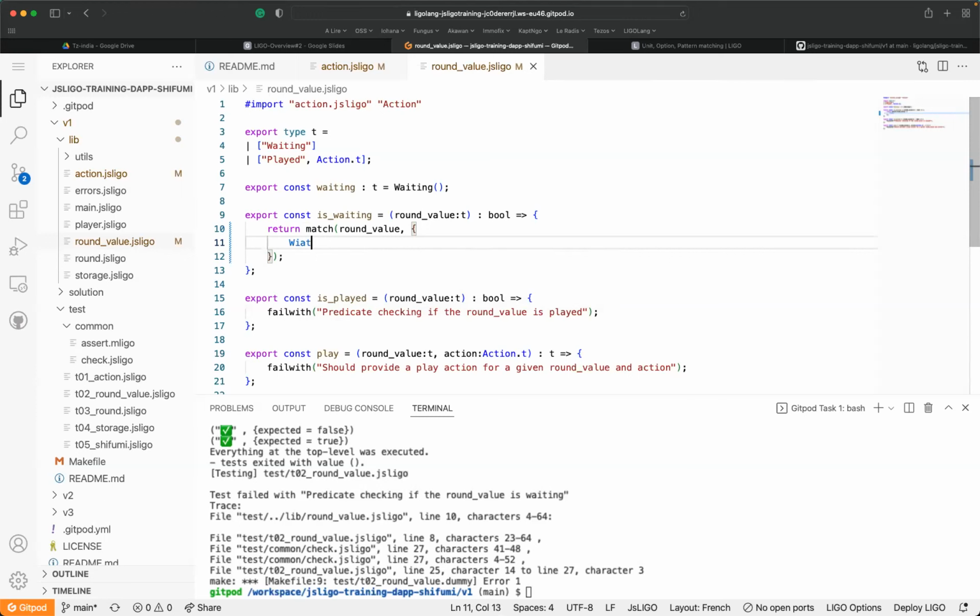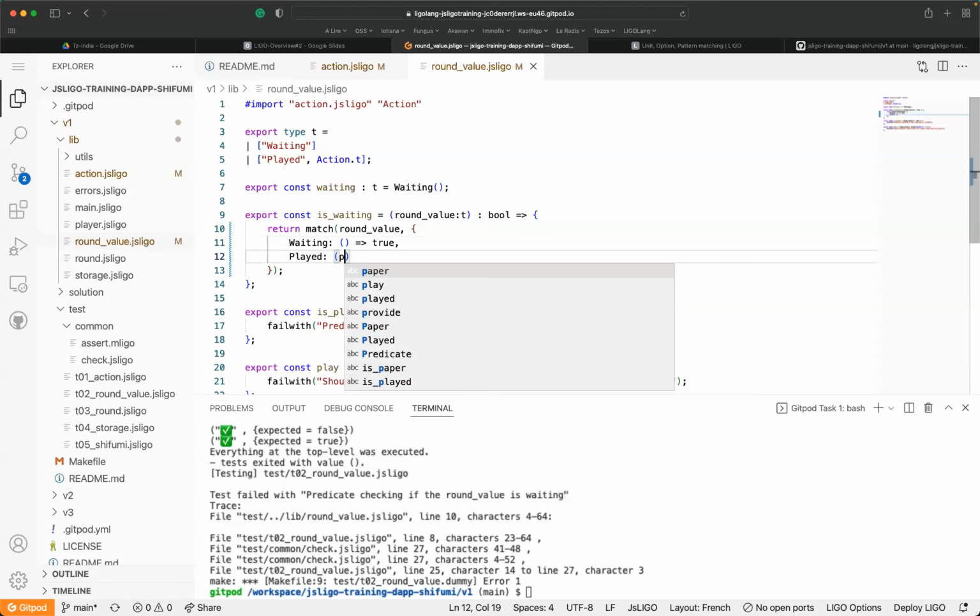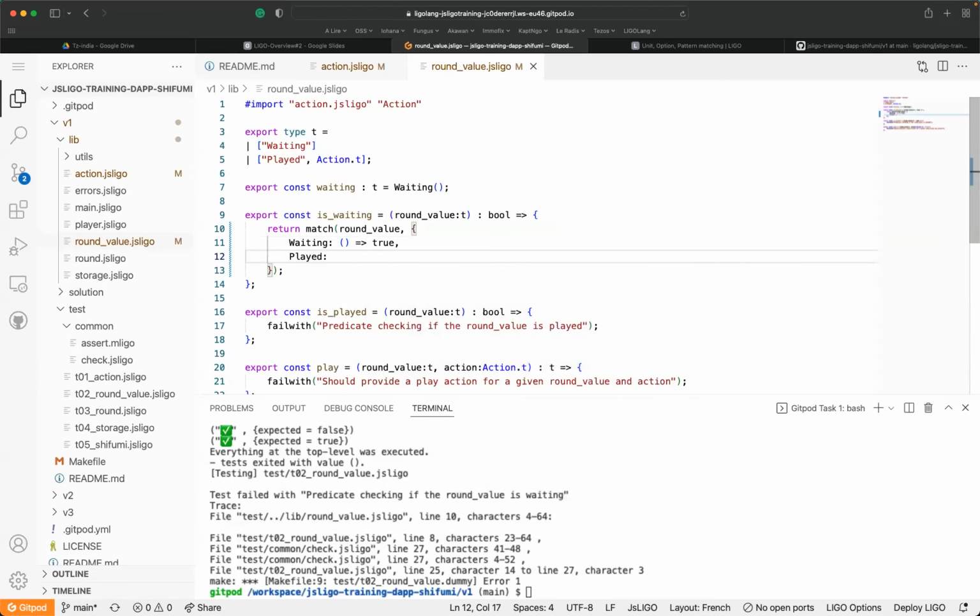The first one is waiting. Waiting has no associated value, so we are writing a predicate which checks the round value to be waiting, so it's true. Otherwise, it's a played value with a parameter p.